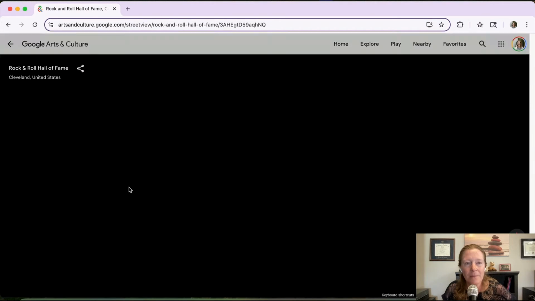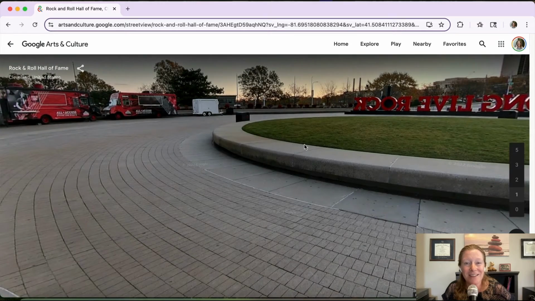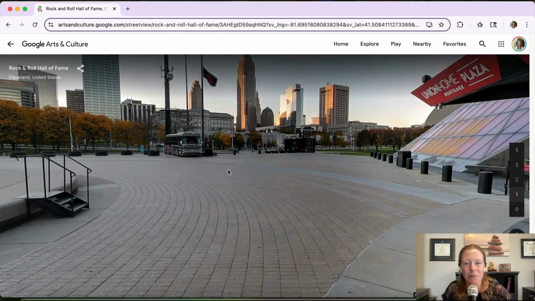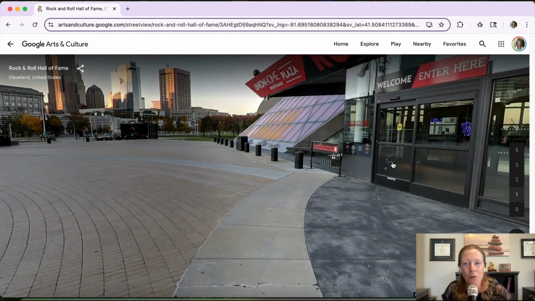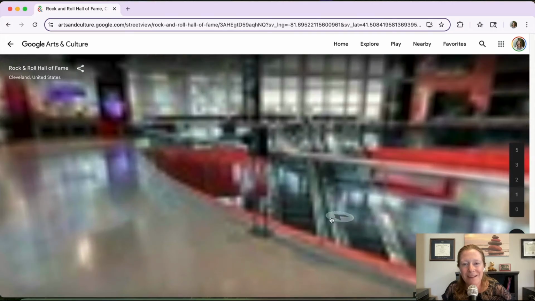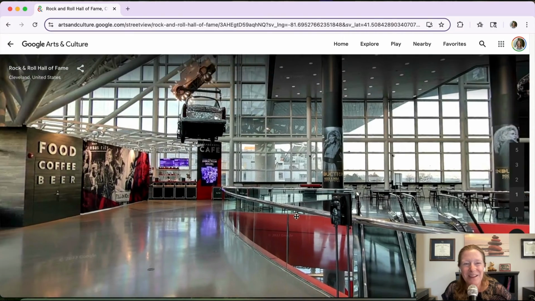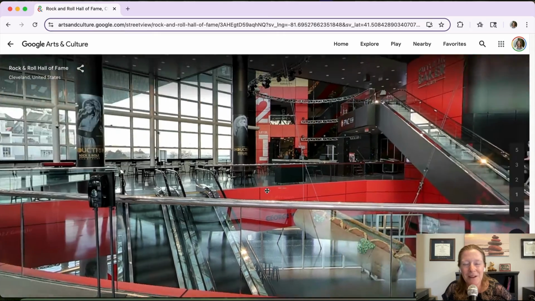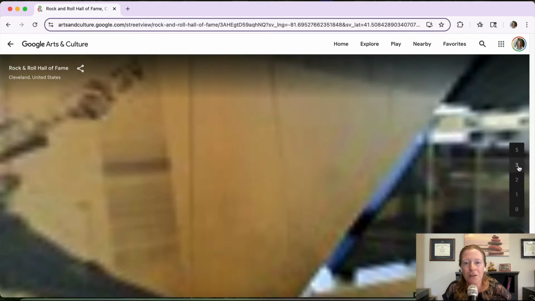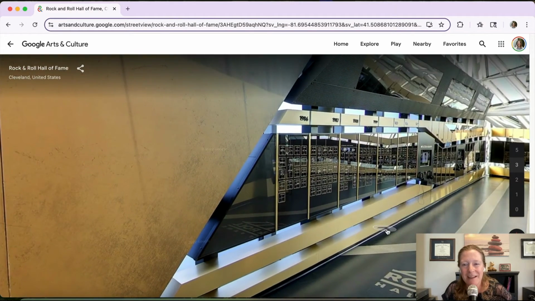So I'm going to click here. And this is going to take us just like we're there. This is basically a street view version of the Rock and Roll Hall of Fame. At the moment, I'm scrolling around outside, but you'll see that we can also go inside the museum. So from here, we have a view of what's inside this museum. In this particular case, I can go up to the third floor, for example, and I can explore what's on